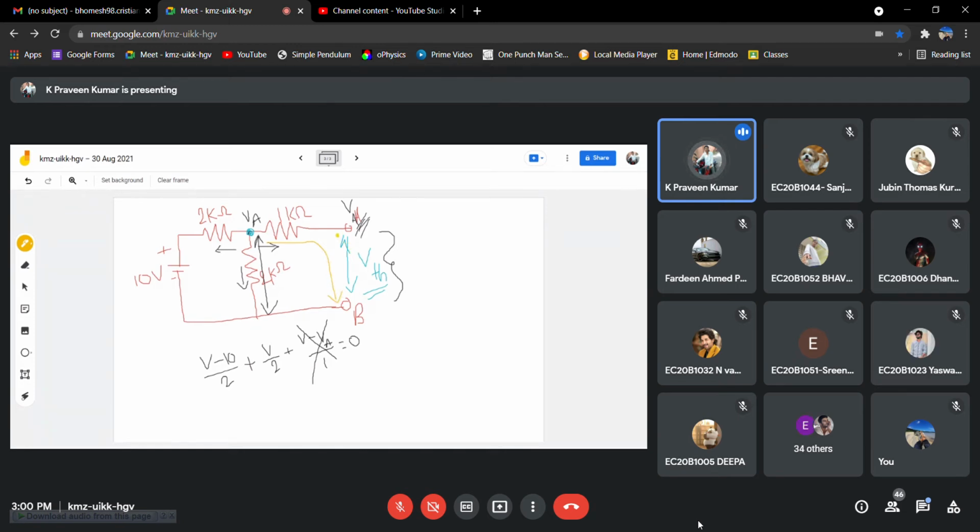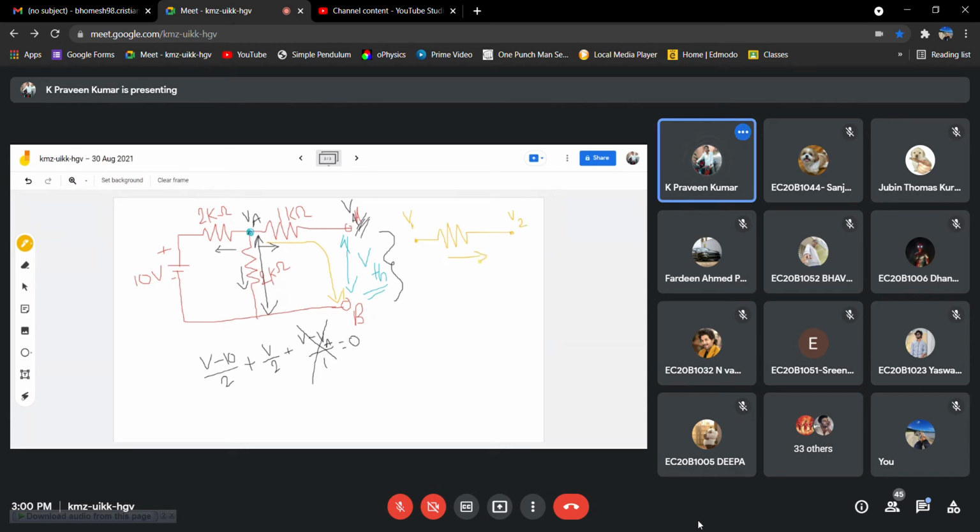Right? Why? Because there is an open circuit. So this is open circuit. There is no branch. Right? So that means what we can write. Since there is no current flow, say for example, if this is the branch, I'm saying there is no current flow in this resistance. So what does it indicate? Let us say this terminal is V1 and here the voltage is V2.